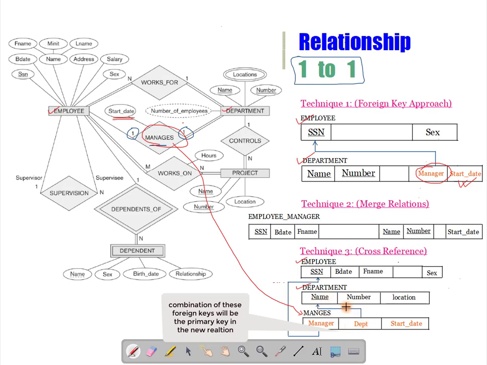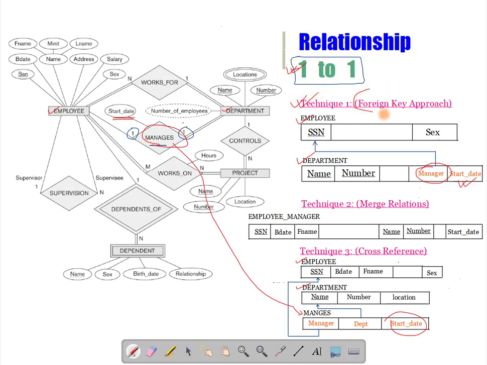And if there is any relationship attribute like this, then it will be added in this new relation. So in this way, using the third technique, you can convert a one-to-one relationship. The suggestion is, for a one-to-one relationship, follow technique 1, the foreign key approach. This is the best approach for mapping a one-to-one relationship.